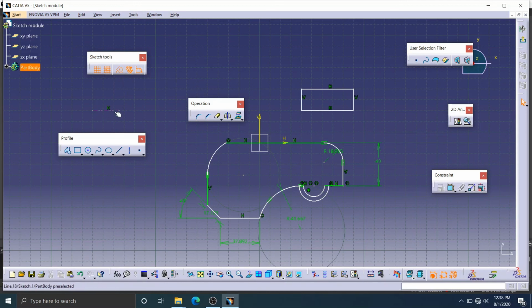Now our normal line becomes a reference line. Vice versa, if I want to convert a reference line into a normal line, you select the reference line and select the construction element, and it becomes a normal line.